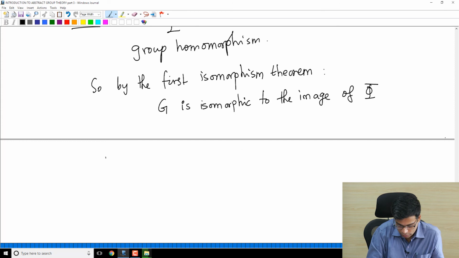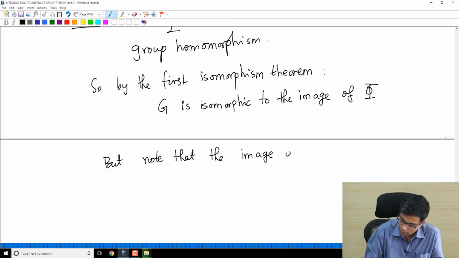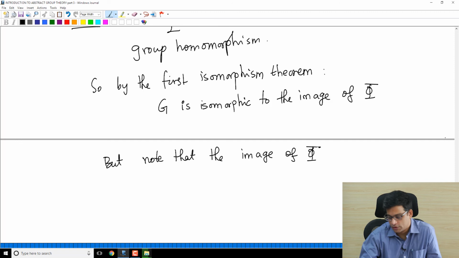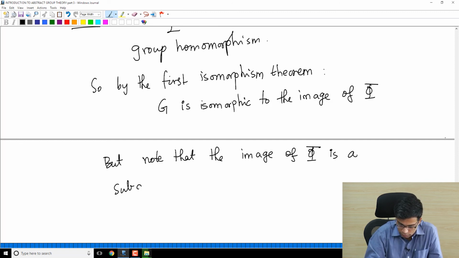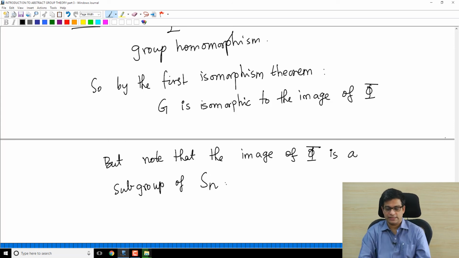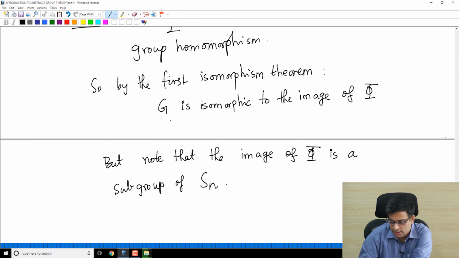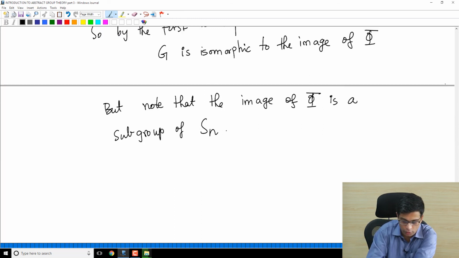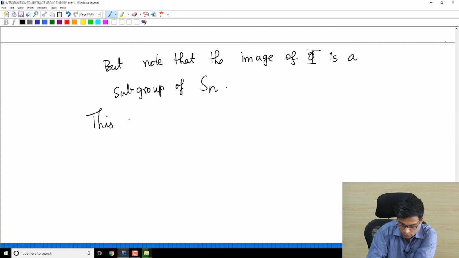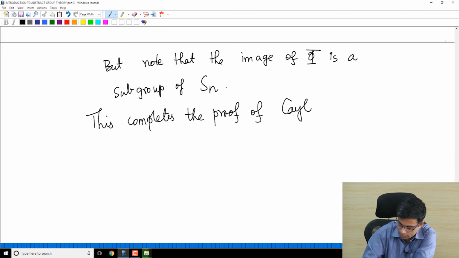But note that the image of phi, in general, the image of a group homomorphism is always a subgroup of the target group. In this case, this is Sn. So the image of phi is a subgroup of Sn and G is isomorphic to it. So this completes the proof of Cayley's theorem,